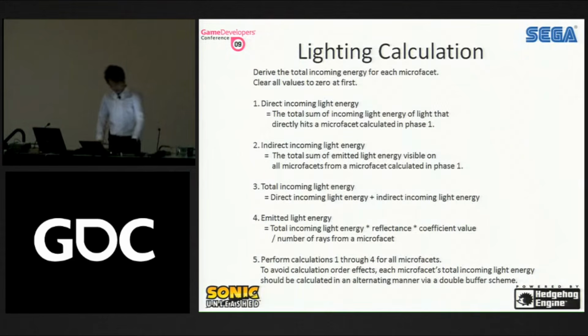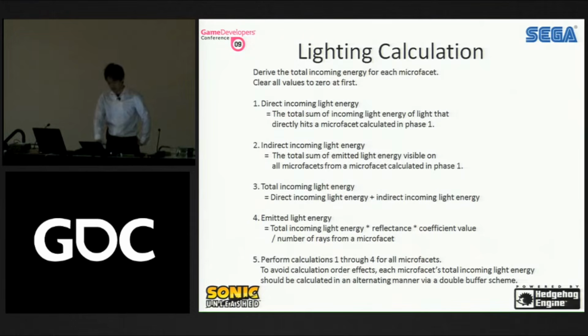Then I'd like to talk about terrain GI calculation phase 2, lighting calculation. In phase 2, we actually calculate the color. And I'd like to talk about the light calculation. First, we create the initial value. The first one is 0. That means dark. Number 1,